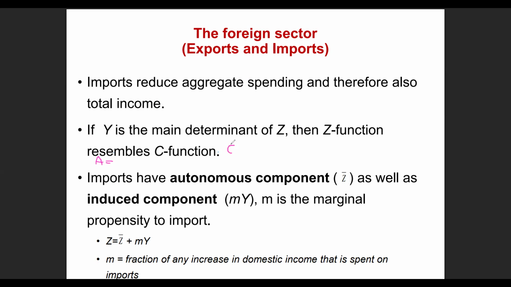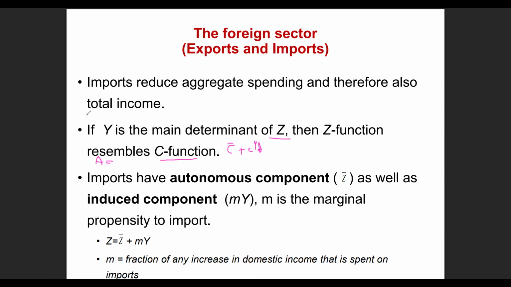Remember, the consumption function is given by autonomous consumption plus small letter c and then Y. Remember now, our Y has what? Has Yd. Yo, guys, that is Yd. So also our consumption function says that consumption is dependent on the level of income, because with consumption, we have two components: induced and autonomous. Autonomous is the one that we said is independent of the level of income, and induced is the one that is dependent on the level of income. So also with the import,